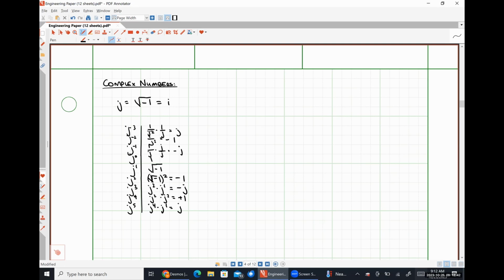So here are all the different representations of j. We can expand this forever, and it's literally just going to go j, negative 1, negative j, positive 1, over and over and over again. Okay, all right, so now that we have a grasp of j,